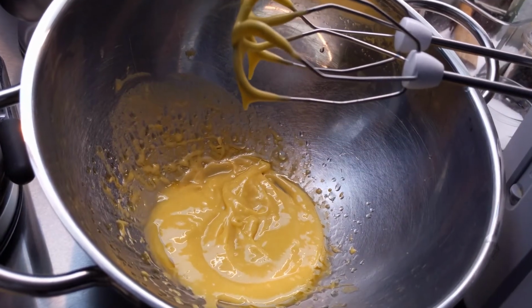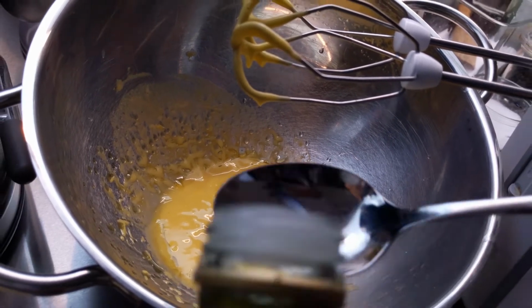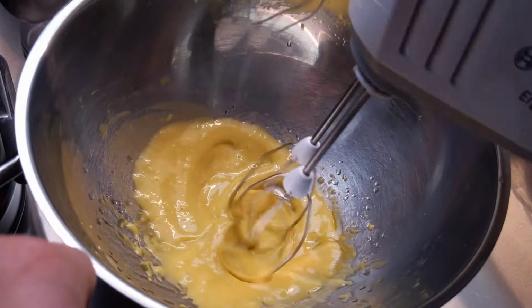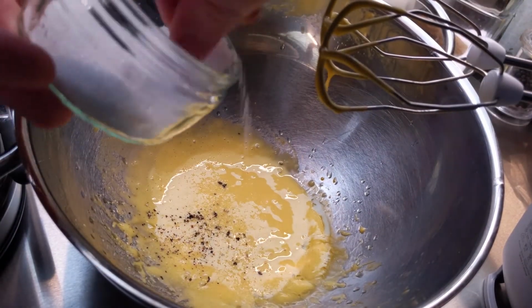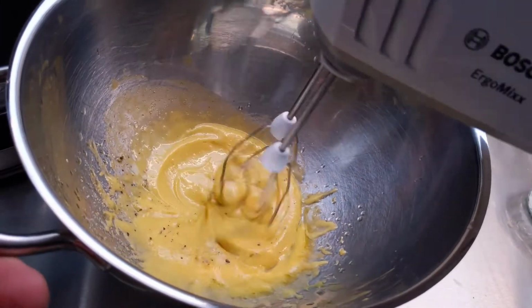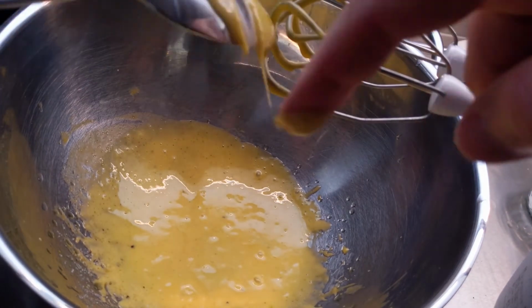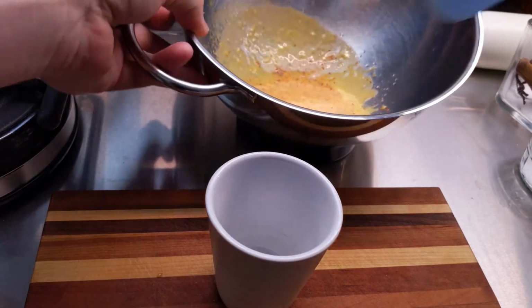Whisk until it has a nice consistency. Add some vinegar, add the seasoning, some pepper, some salt, and some sugar, and then whisk again. Whisk until it sticks nicely to the back of the spoon, and when the mayonnaise is finished, then you can